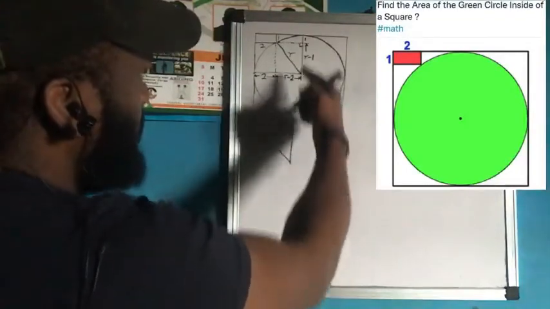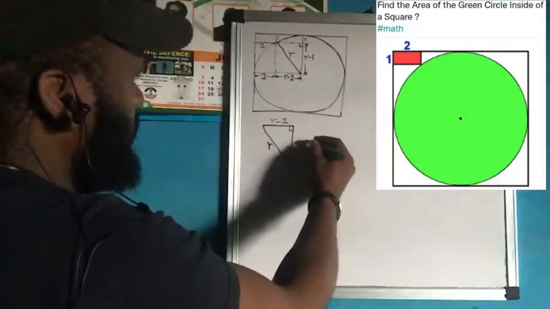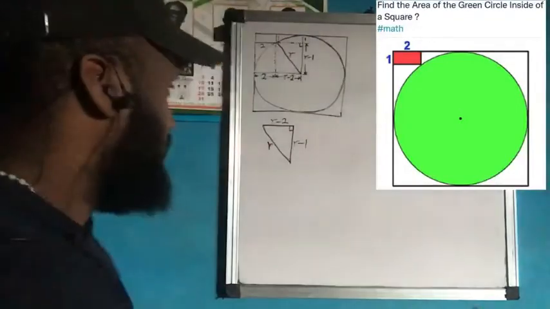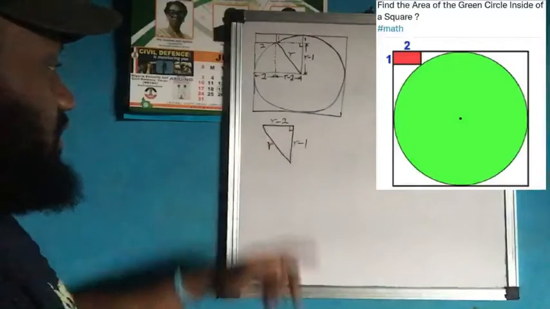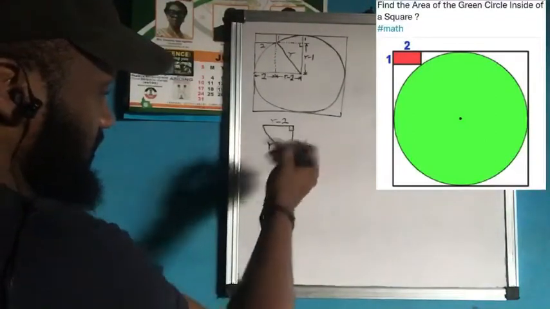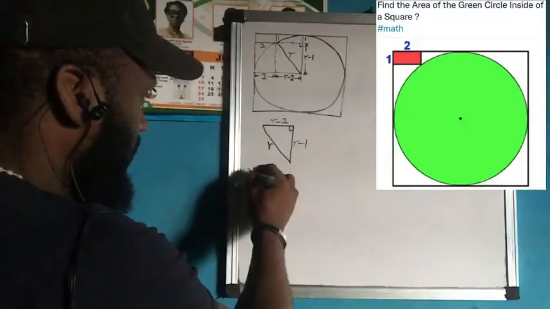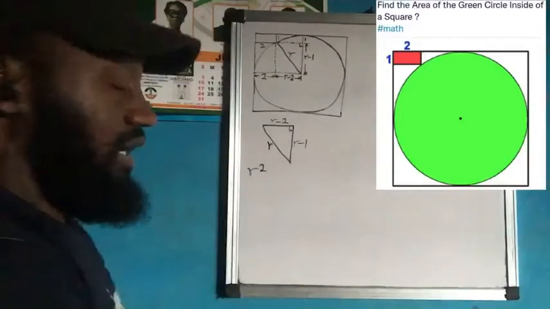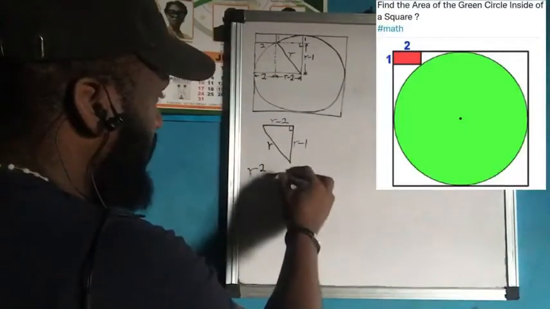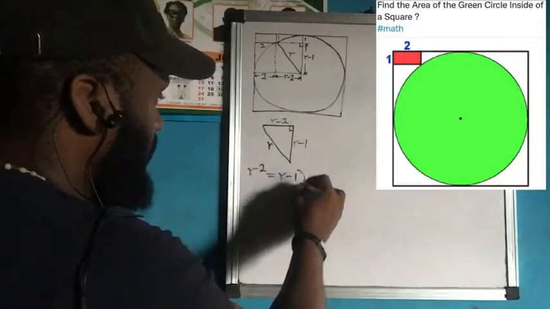Then the length from here to here is r minus 1. So we have this right angle triangle. Then we're going to make use of Pythagoras theorem to relate all the sides. Since this is the hypotenuse opposite the 90-degree angle, by Pythagoras theorem, r squared will be equal to the sum of the squares of the other two sides,